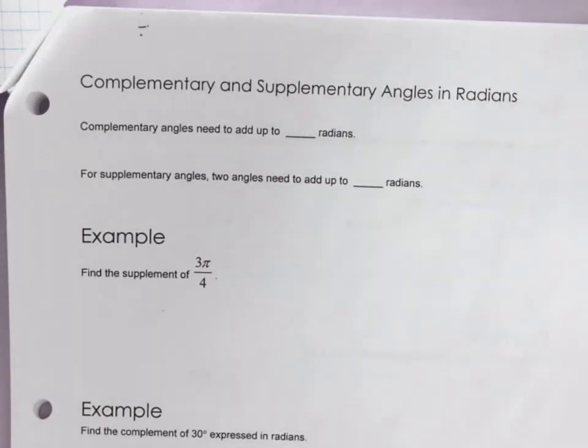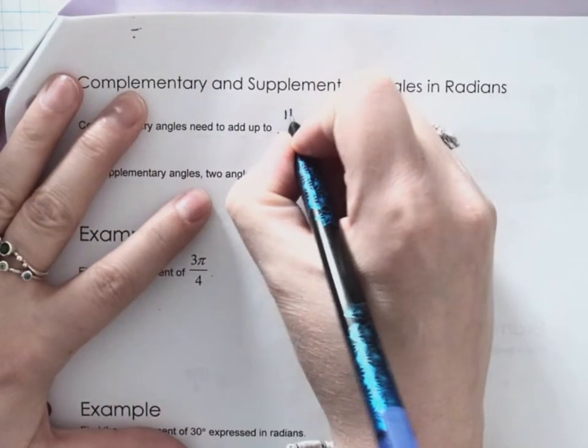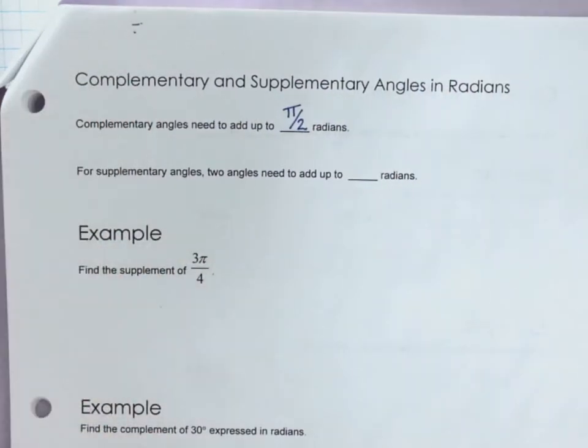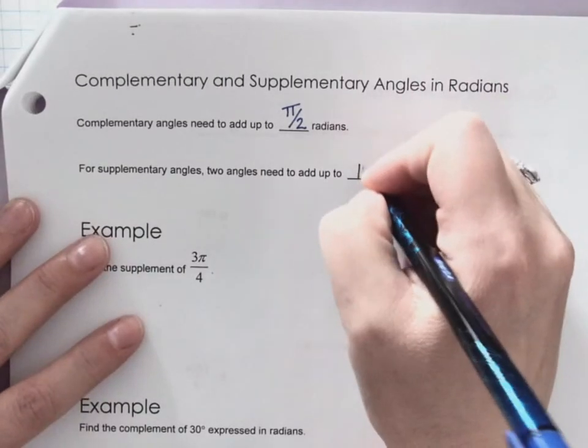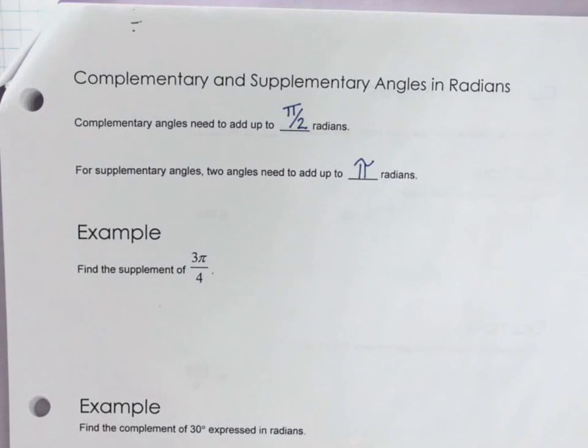Complementary angles add up to 90 degrees, but let's put that into radians. What's 90 degrees as a radian measure? Pi over 2. Complements are nice. Supplementary angles add up to 180, and that is pi. So all of a sudden,